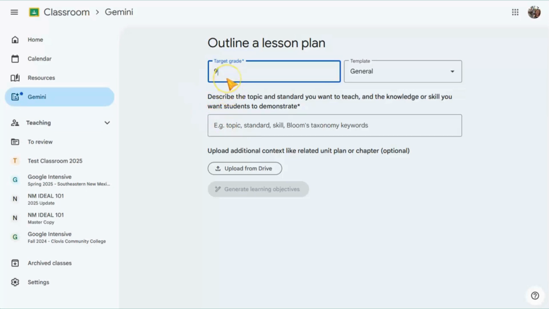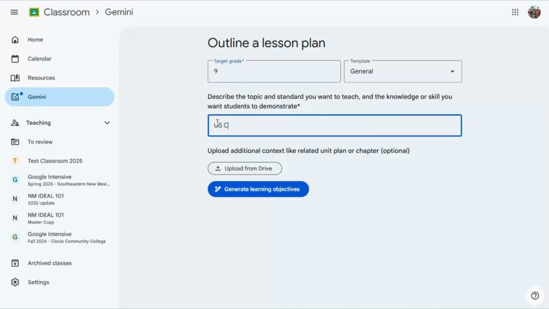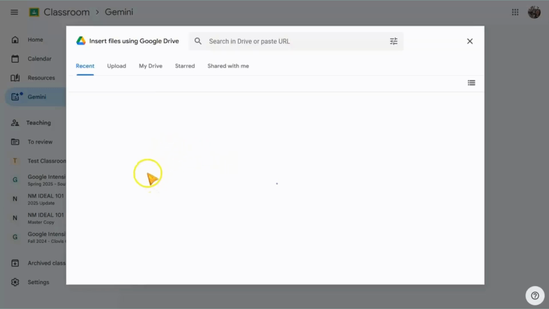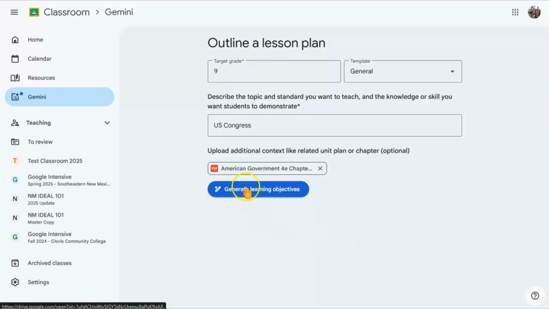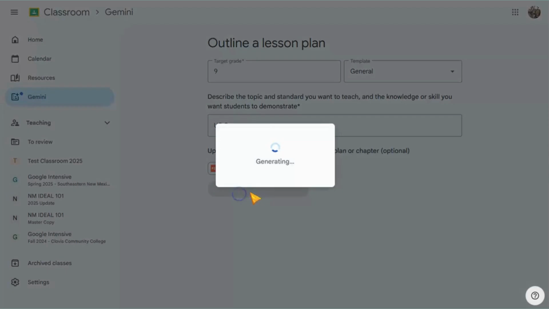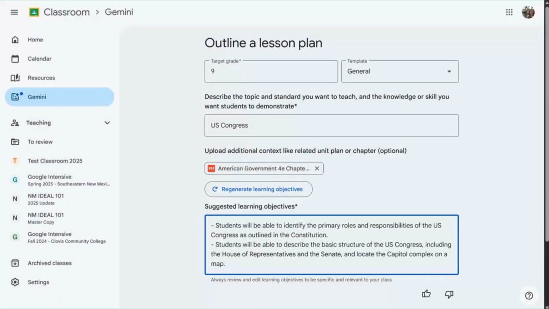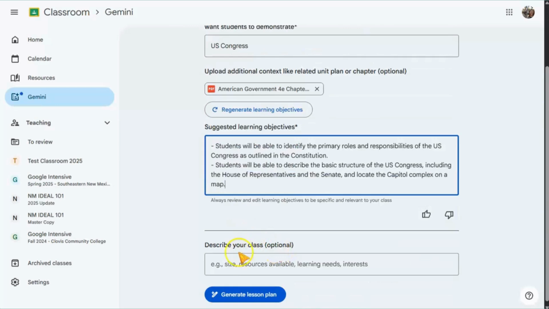I'm going to say I'm aiming at a 9th grade subject level right now. We're going to do a lesson on US Congress. I'm going to attach the chapter from the textbook that we use in my classroom for this content, and then I'm going to click on Generate Learning Objectives. Once these objectives are generated, I can read through them, and if they match what I want to do with my lesson, what I want to achieve with my students, I can go down and add a little bit more